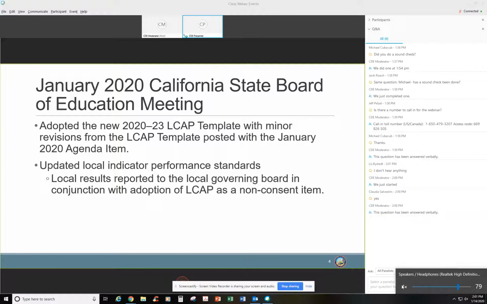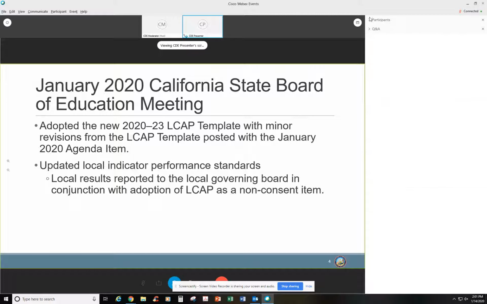They adopted the new 2020 through 23 LCAP template that had minor revisions from the LCAP template posted with the January 2020 agenda item. And that was the link that was provided prior to the start of this webinar, the ability to download and look at the LCAP template.